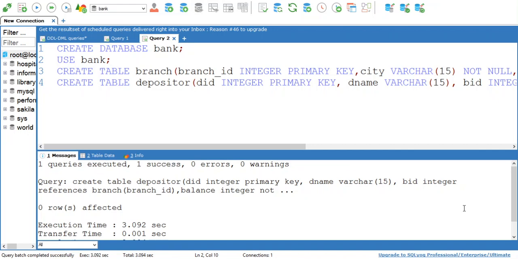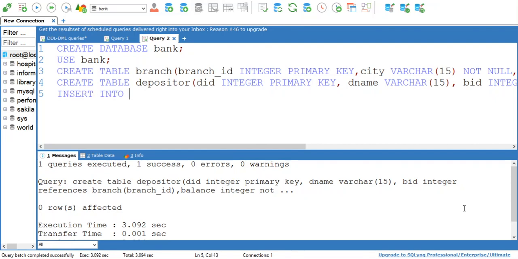Common attribute doesn't mean that both the attributes have the same name. The names of the attributes may be different, but they are pointing to a similar type of data. By using that common attribute, we can access data from both the tables. So here let's insert some data into both the tables.